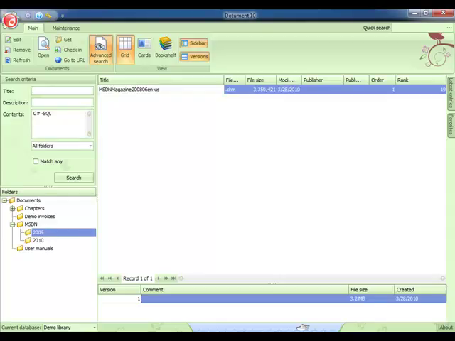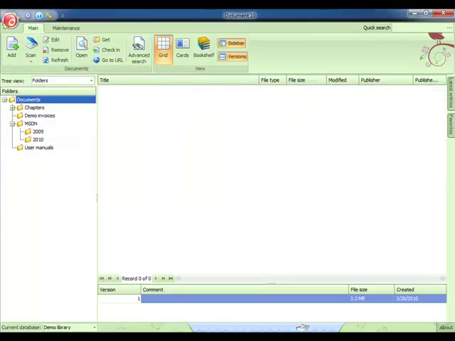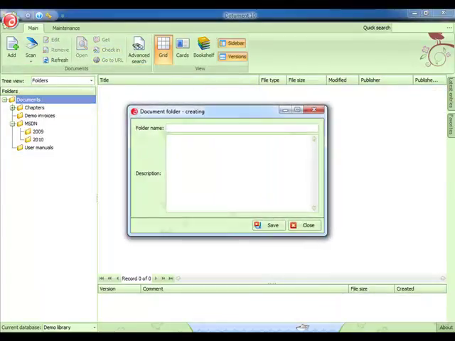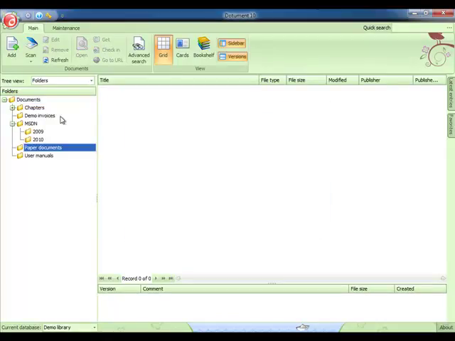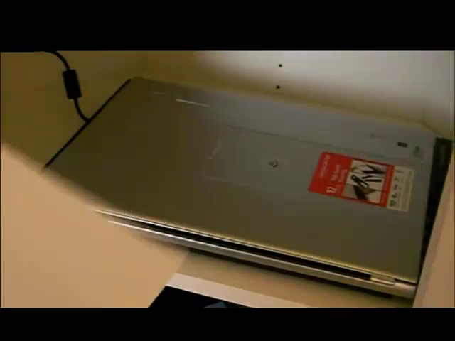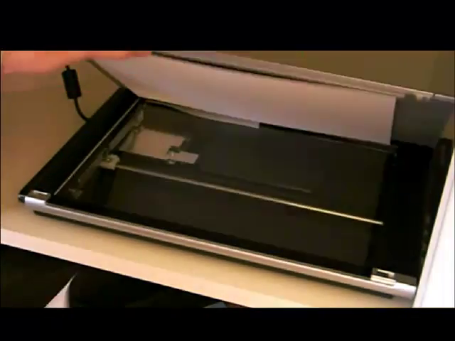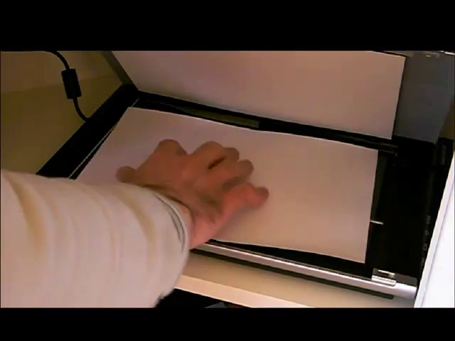Another cool feature that the Dotument is equipped with is scanning your paper documents. So this is what we are going to show you now. First we are going to create a new subfolder that is called paper documents, and this is actually the invoice that we want to scan. Just a simple invoice. You just have to put it in the scanner,